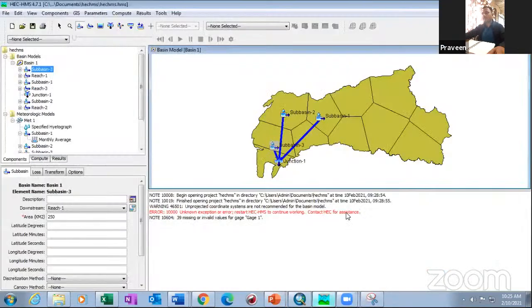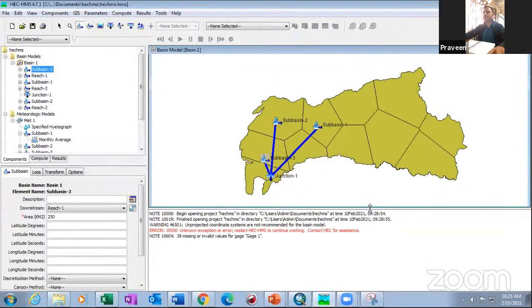Suppose there can be a reservoir in your basin, right? Then it will have some storage, and if there is storage, that is definitely going to affect your hydrograph, right? So that is the reason why we must know